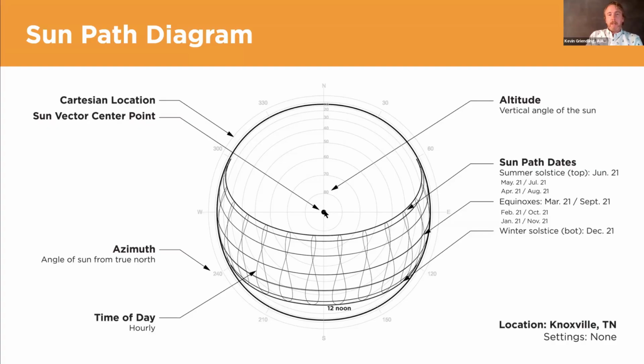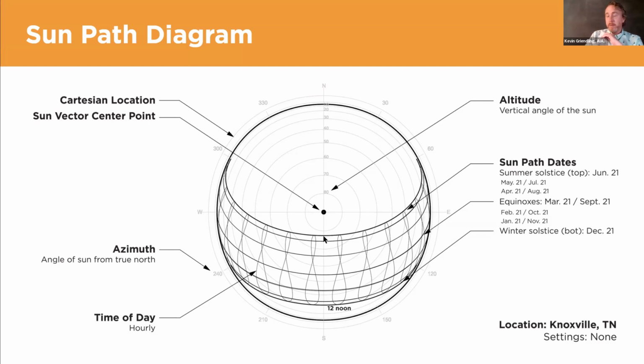Essentially, the way this diagram works is that wherever the center of your site is, there's going to be an altitude angle of the sun that is going to follow a certain date. And the dates are going to be these horizontal bands that are wrapping around this diagram. Because of the way the solstice and equinoxes work, our summer solstice is the top band, and our winter solstice is the bottom band. And if you look at just this vertical axis here, the highest point in the year is going to be at the summer solstice,